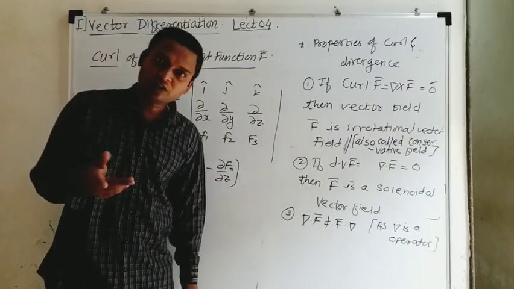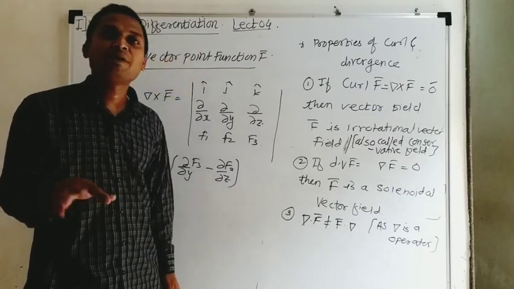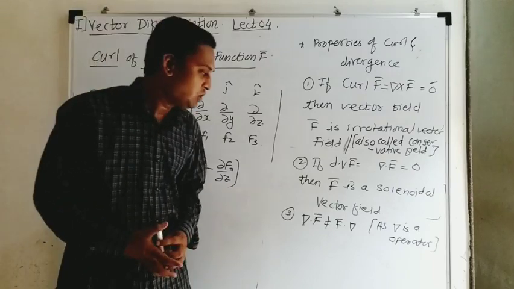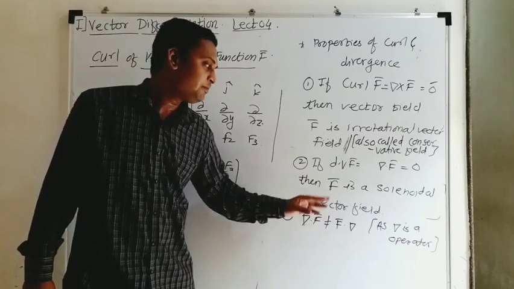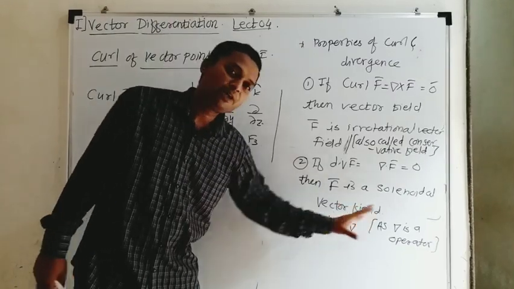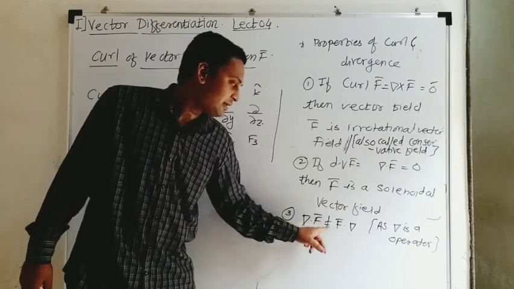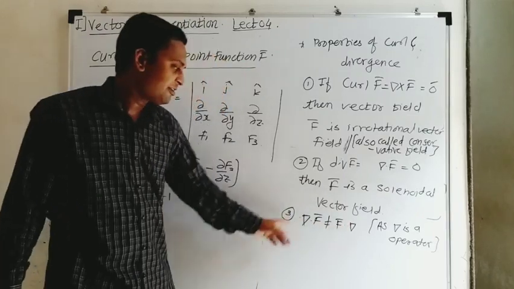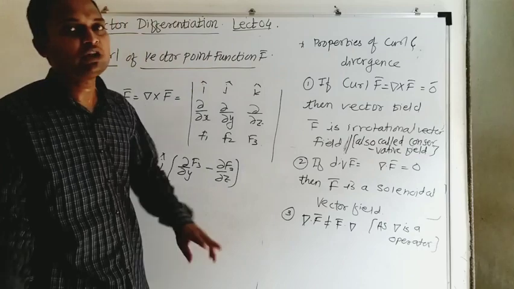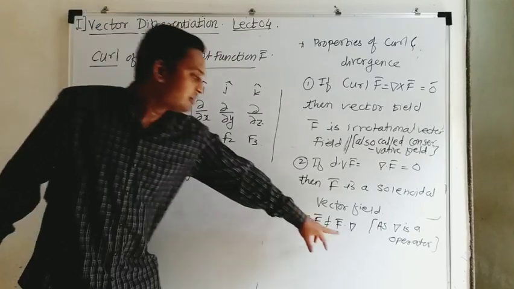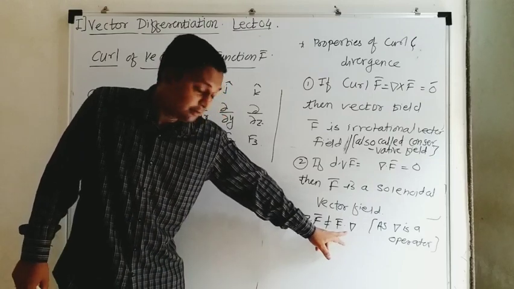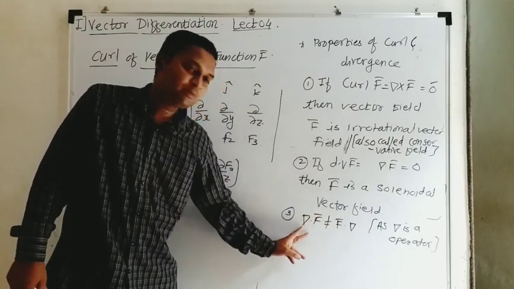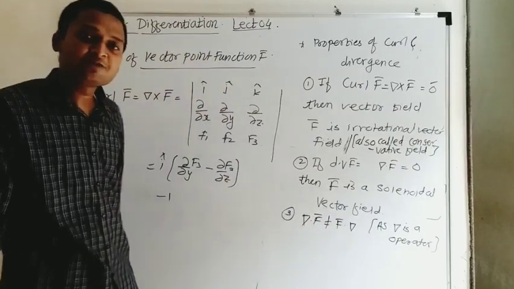Generally, the dot product is commutative for numbers: a bar dot b bar is the same as b bar dot a bar, that we know. We say the dot product is commutative, but that result doesn't hold for this operator. Del is an operator, because of that del dot f bar is not the same as f bar dot del. If you calculate both of them, you will find that they are not equal. This is a scalar quantity, while this will be an operator, and this is the vector quantity. Both are different, that's why they are not equal.